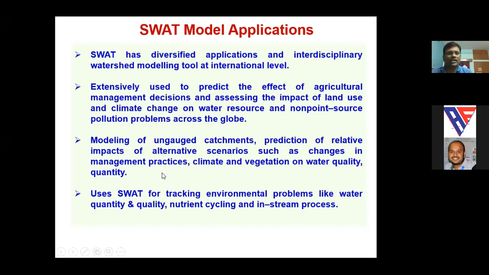As I told you, modeling of ungauged catchments is very useful. We can also predict the relative impacts of alternative scenarios. Suppose there is any change in management practices, climate, or land use land cover, what will be the impact on water quality and quantity?